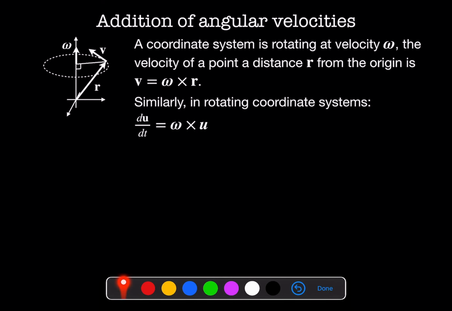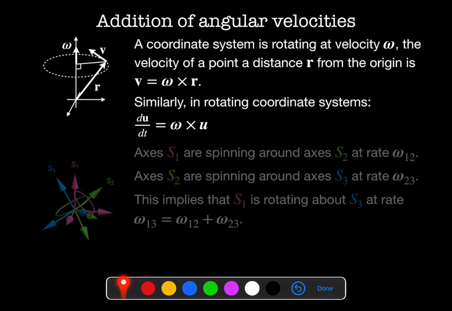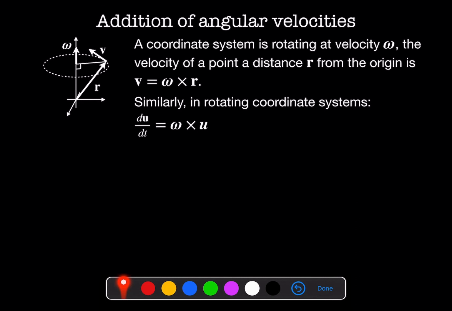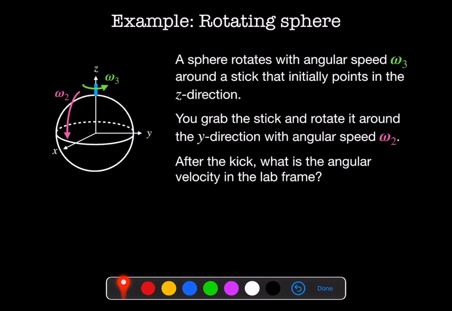Similarly, in coordinate systems, we can extend this idea to coordinate systems plus omega 23. Let's try that again. Similarly, in coordinate systems, the new angular speed is omega 23,